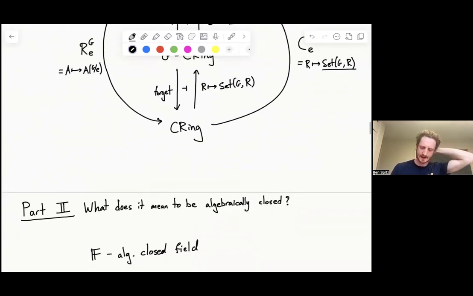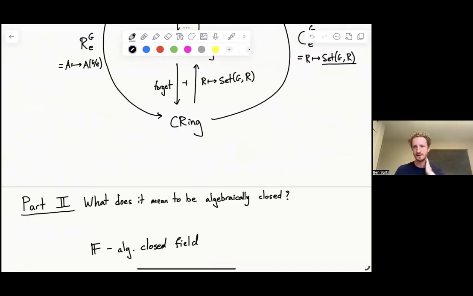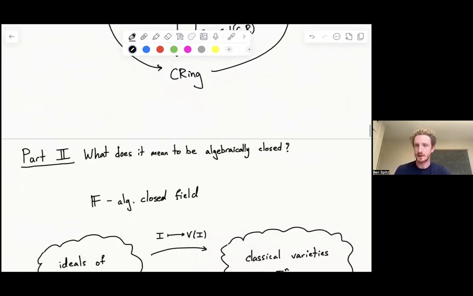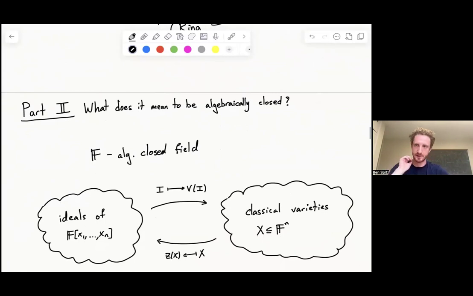So I guess the perspective we're going to have on algebraically closed fields is that there are these central players in algebraic geometry. The algebraically closed fields are where the theory of algebraic varieties works well. And so the whole picture of classical algebraic geometry is that I have some algebraically closed field F, and then there's this correspondence between algebraic varieties inside F^n. So that's subsets of F^n, which are equal to the zero loci of some set of polynomials. And those correspond to ideals of a finitely generated polynomial ring for the same n.